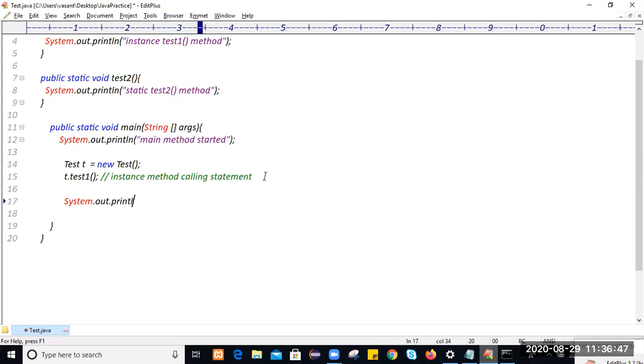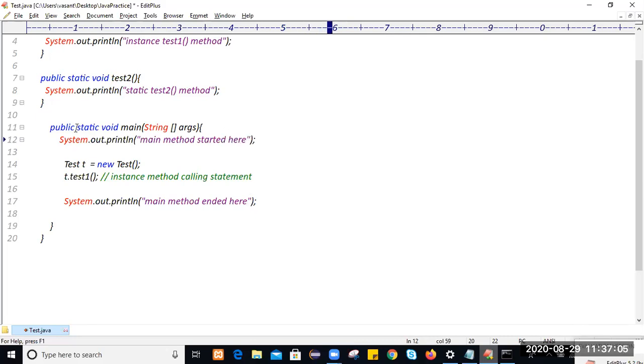To display any message to the console, we'll use the statement System.out.println. And here we'll write main method ended here, and main method started here.